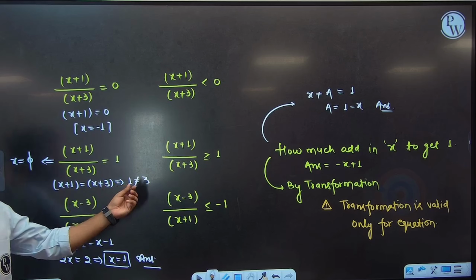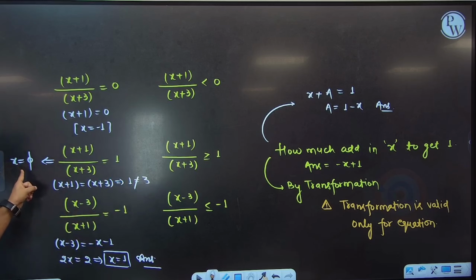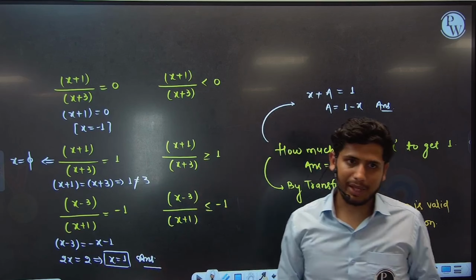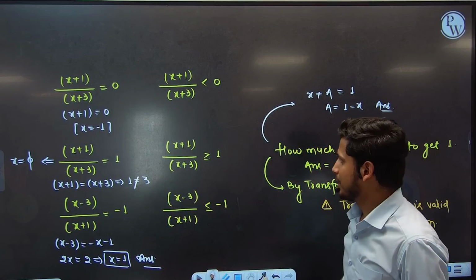So when you get no solution, then you use phi. Phi is the empty set or null set. Okay, that's why we use phi. Now here